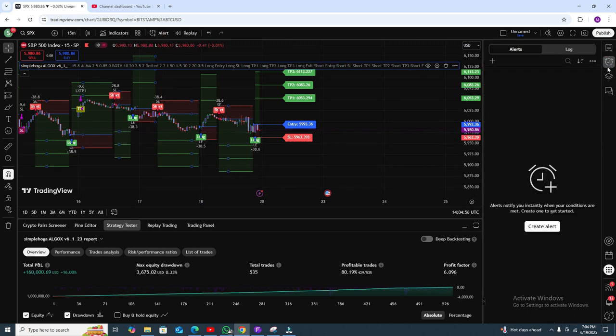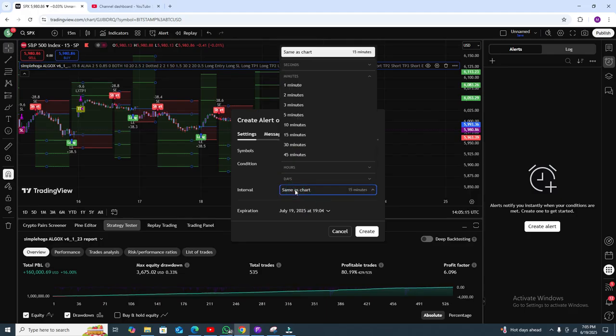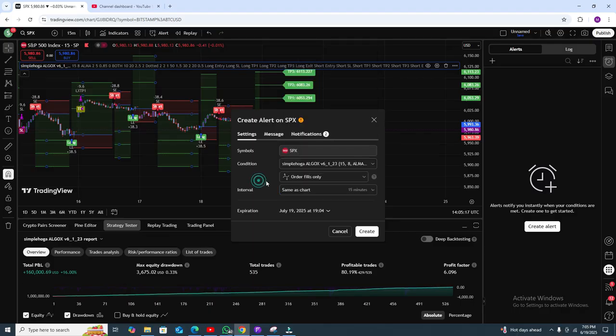And if you are looking for the alerts, just go to create your alert, select the symbol, set the function to order fill only, and the same interval, whatever interval you want, and just create, and your alert will be created.